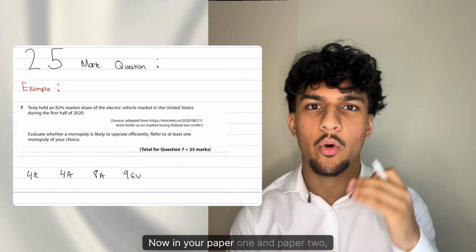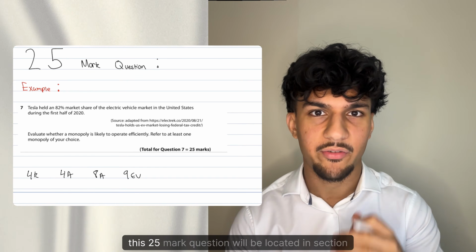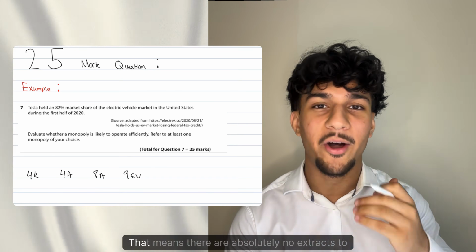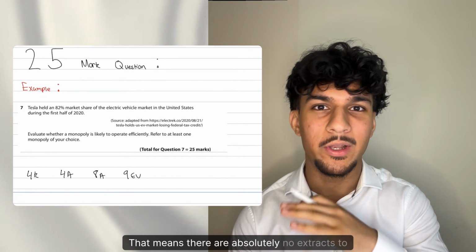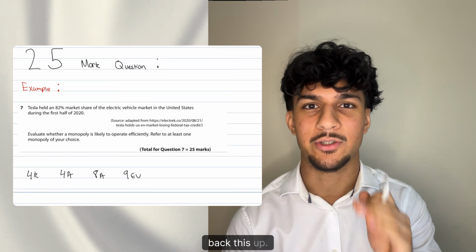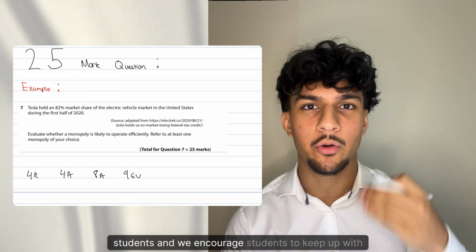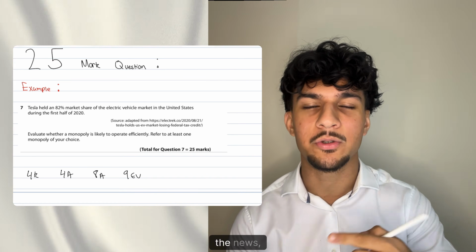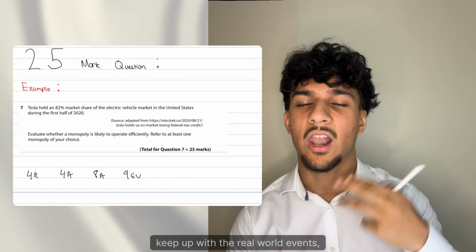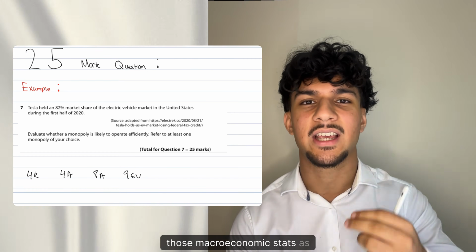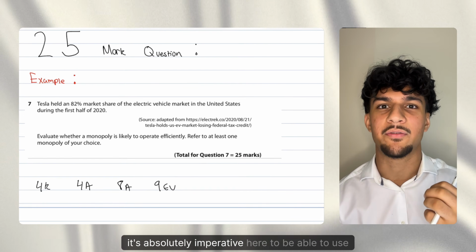Now, in your paper 1 and paper 2, this 25 mark question will be located in section C. That means there are absolutely no extracts to back this up. This is why throughout the year we emphasize students and we encourage students to keep up with the news, keep up with real world events, learn those examples of industries, those macroeconomic stats,